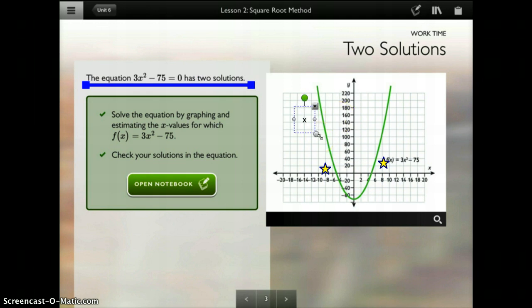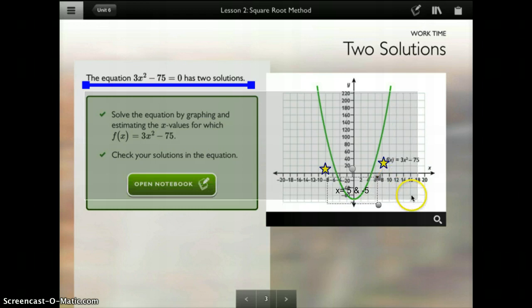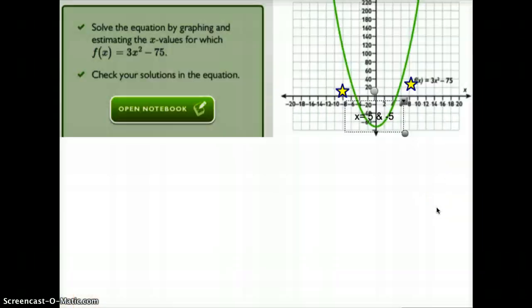I'm going to say x equals 5 and negative 5. It's going to be both of those solutions. The x value is going to be 5 and negative 5. Two of them. Okay, so that's what I'm going to write in my notebook. So in my notebook, it's going to ask for these things. So my notebook's going to look like this. It's going to ask me for the question, and I know you guys can't screenshot it or add these things right away, but if it's asking me for these things, probably I'm just going to say,